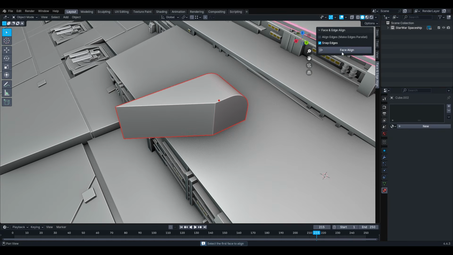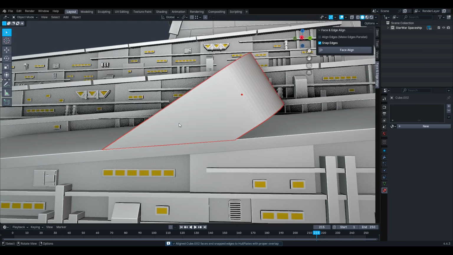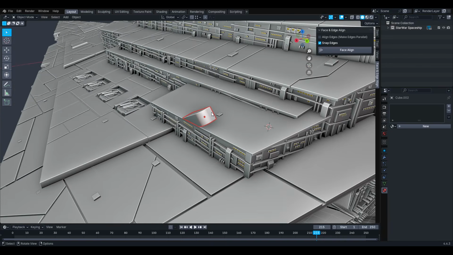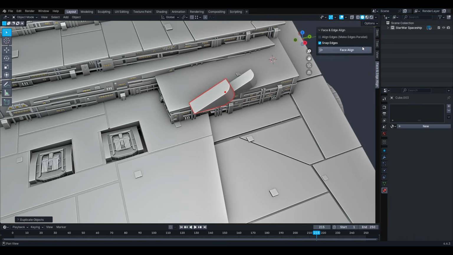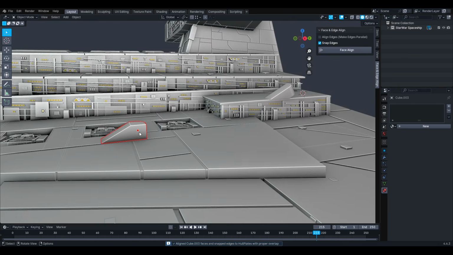and now let's face align this face to this one, and let's snap this edge to this one. This is how it is. Let's add another one. Let's snap this face to this one, and let's snap this edge to this edge. Okay,